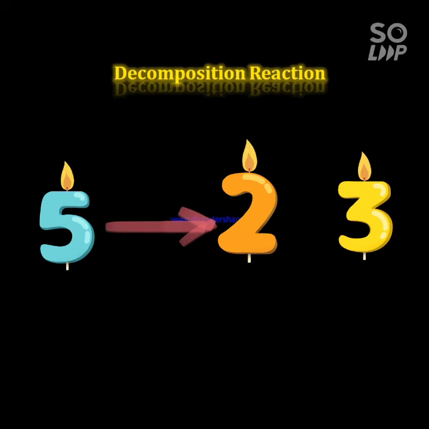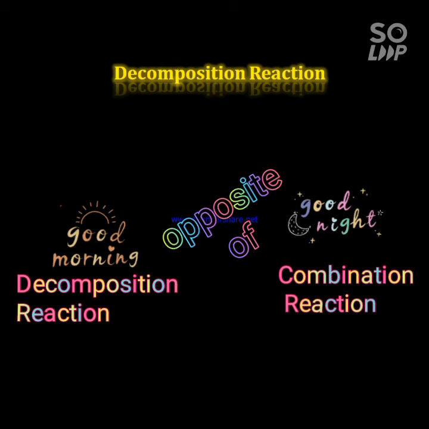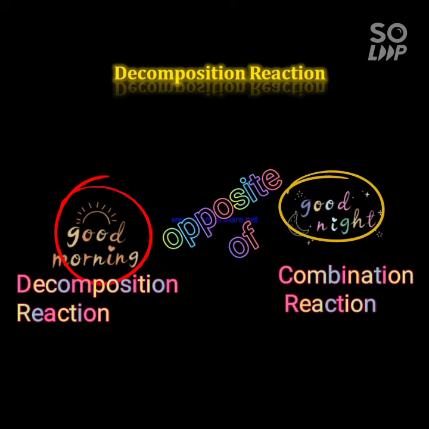Another reaction which we're going to study today is decomposition reaction. As the word suggests, decompose. Decompose means to break down something. Now here, when we use this term in chemistry and more precisely in reaction field, this word indicates the breakdown of any single compound into two or more than two products. So basically, its structure and the process is also just opposite of combination reaction.